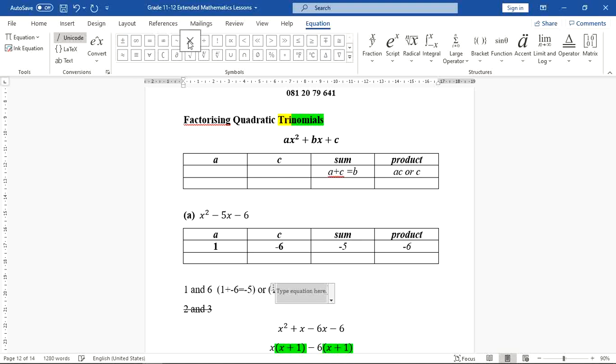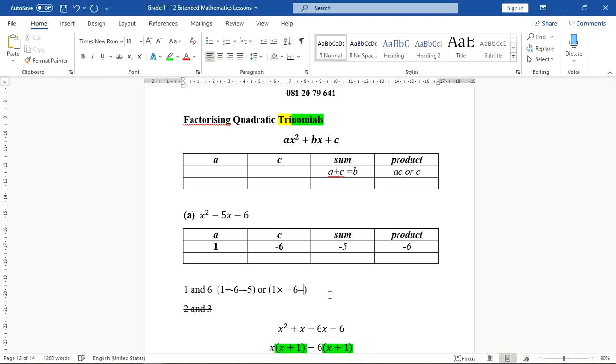And then I multiply that with negative 6. I want to see if I can get negative 6. Yes, that's what we got. So if I add them up, they'll give me negative 5. But if I multiply them, they'll give me negative 6. So I'm right. So what is going to happen is that I am going to replace now this minus 5x